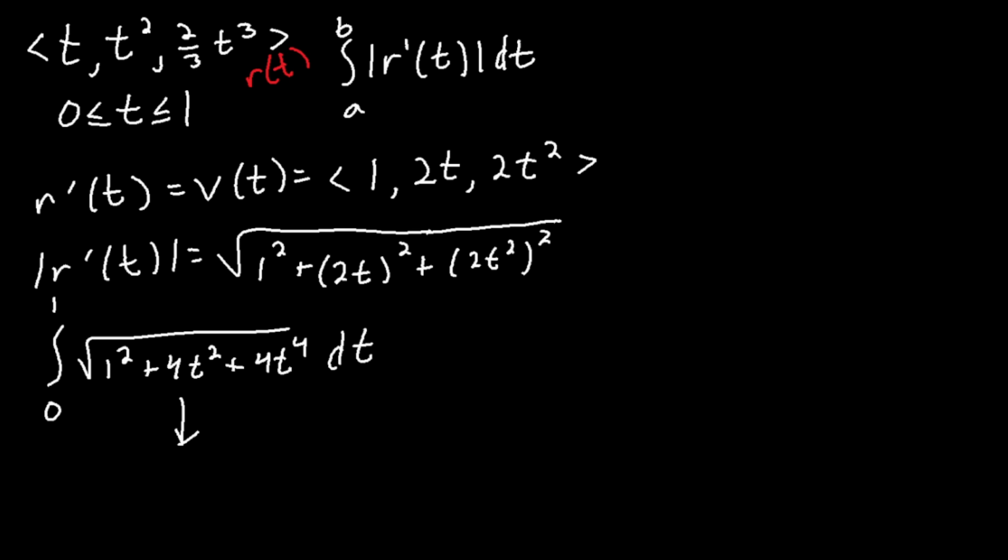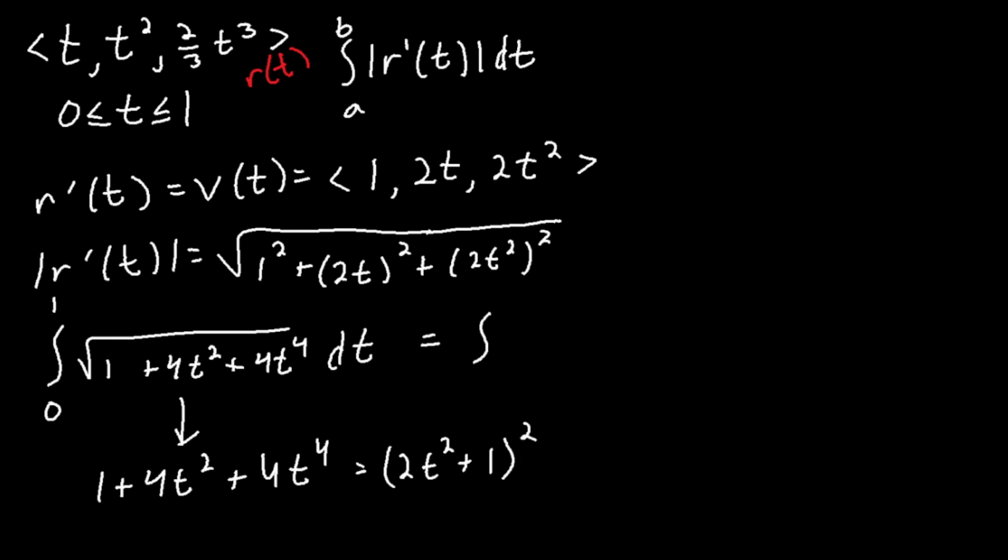What you can actually notice from this is, well, 1 squared is just 1. So what do we get? We get 1 plus 4t squared plus 4t to the power of 4. What does this turn into? Oh, look here. You can actually square root this to get this. These two are equal. So what does this integral turn into? 0 to 1,